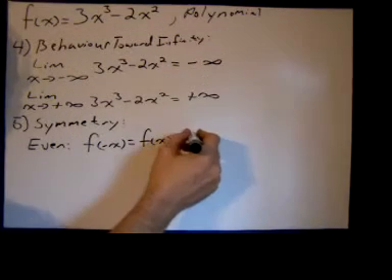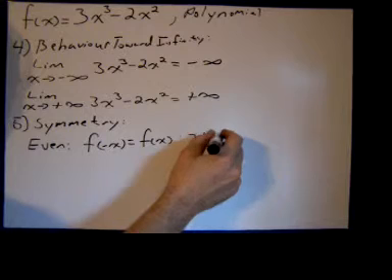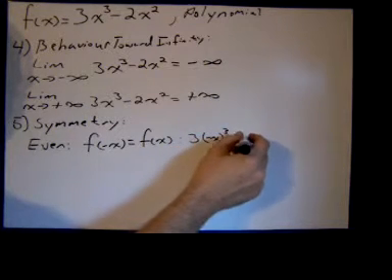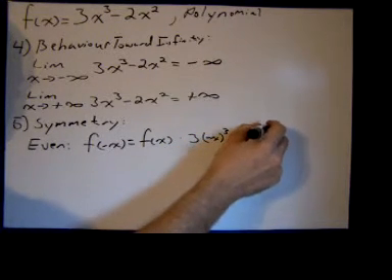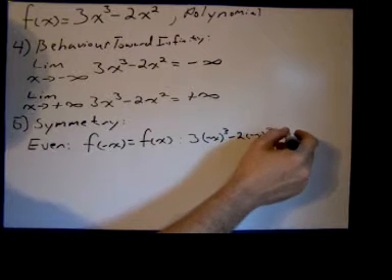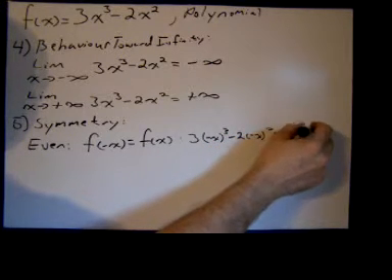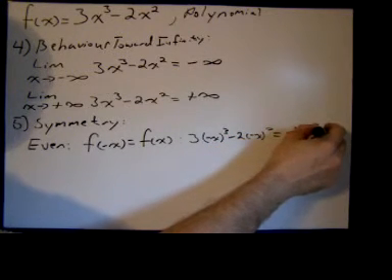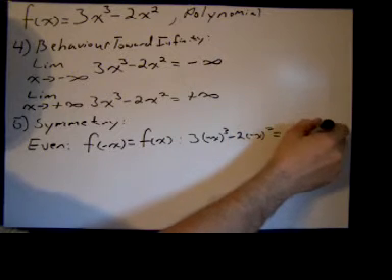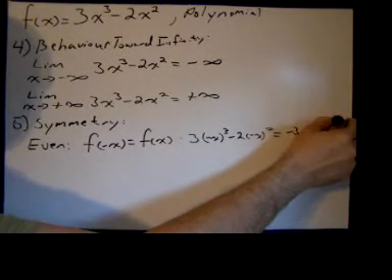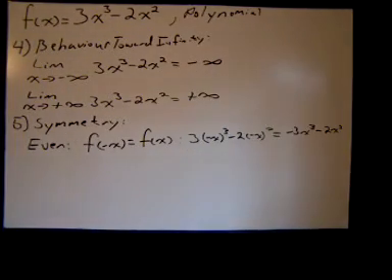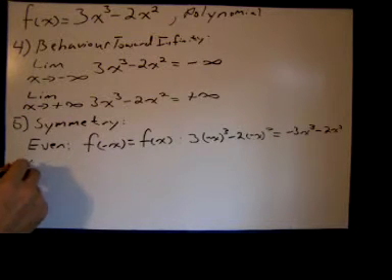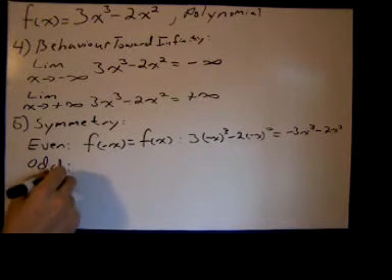So we say 3 times (−x)³ minus 2 times (−x)² equals −3x³, it's not a plus, − 2x². We almost got lucky, but it's not even. So now we test for odd symmetry, and